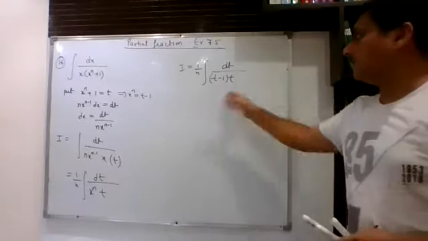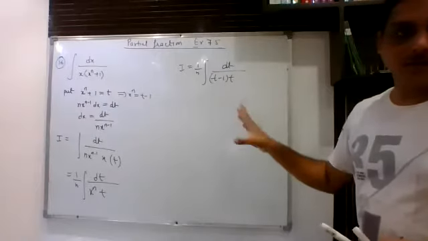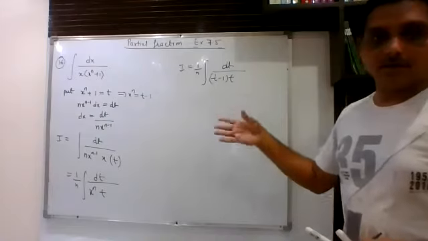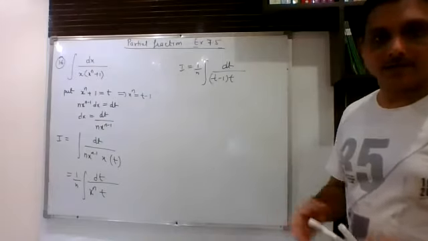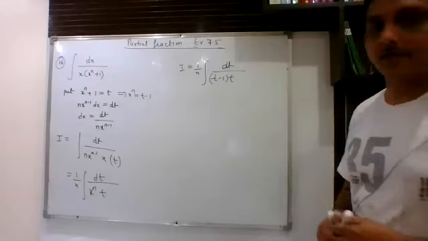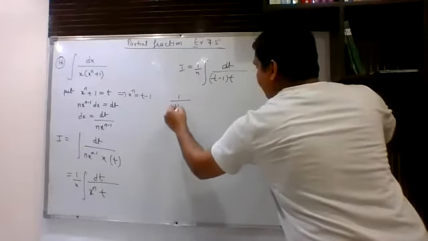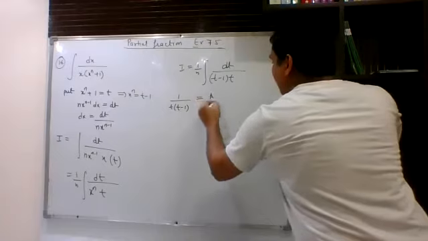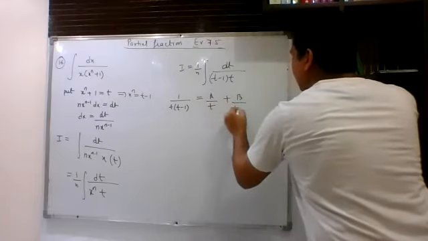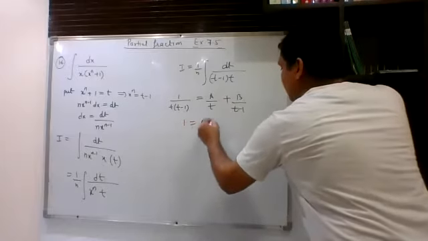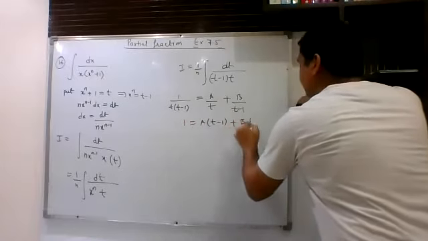Now after this we need to apply partial fraction. Either you can do it by partial fraction, or if you want, you can multiply them, convert it into quadratic and do that perfect squaring, and this way also we will get the answer. Let me do it by partial fraction only. So a upon t plus b upon t minus 1. Taking LCM, we get it in this manner.